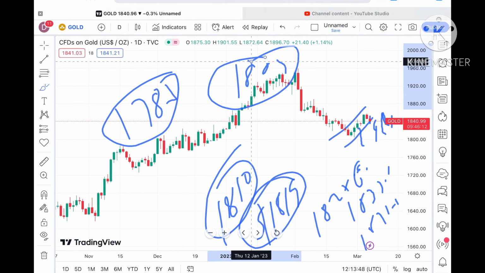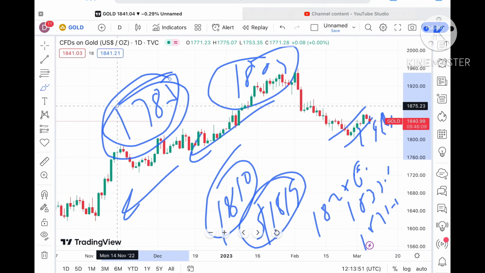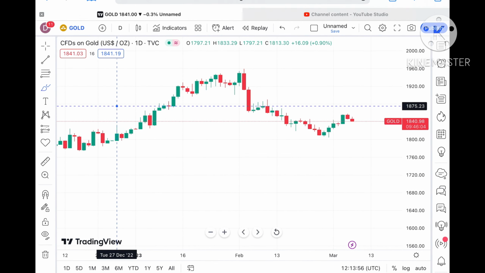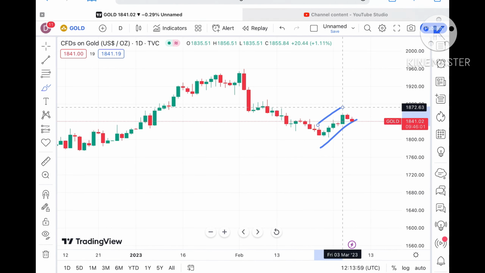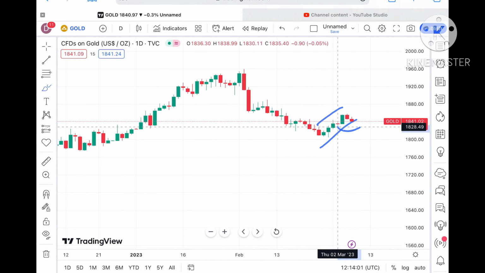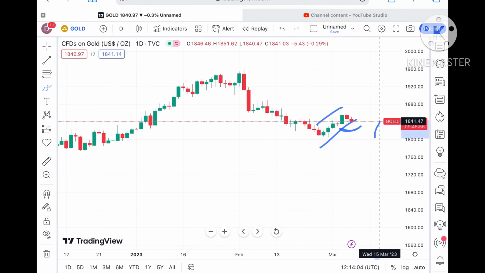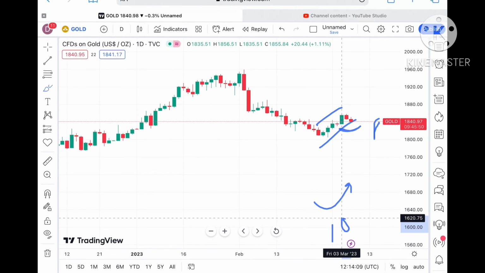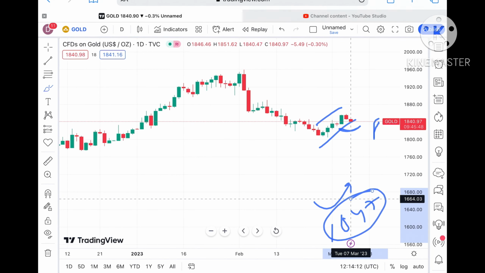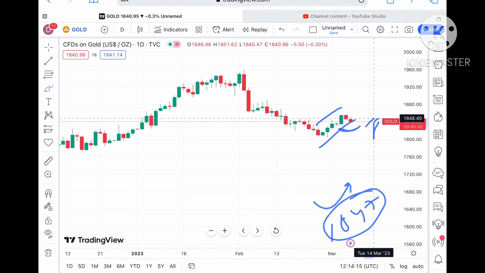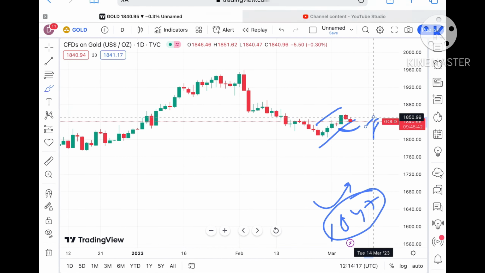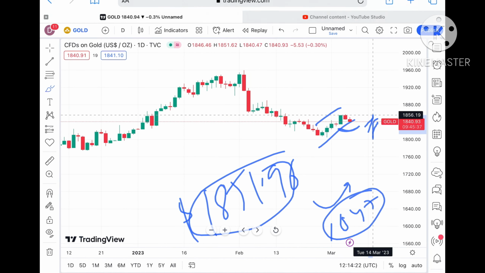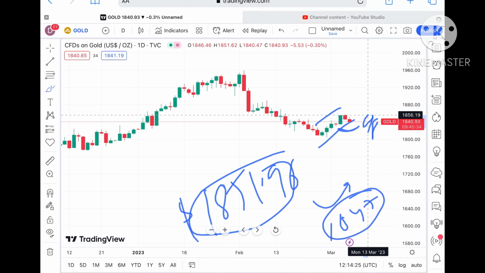Once the price falls below 1804, chances of going further low are there, then we can see a level of 1794, and then further low if the price doesn't sustain. Now understand something, the market is volatile for gold, as you can see. If a swing forms at this particular level, then we can see a bounce back can come, so the probability of going further upside is there, and then we can see a level of $1847, because a bounce back can come from this particular level. Once it's sustained above that particular zone, then we can see it can touch a level of around $1851.96, and if that level is also sustained, chances of going further upside are there, and then we can see a level of 1856.